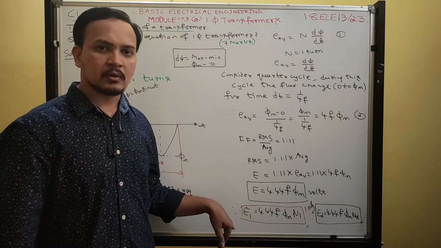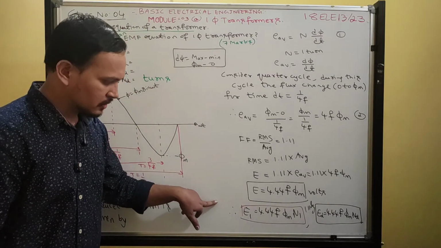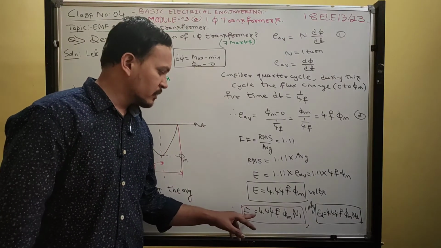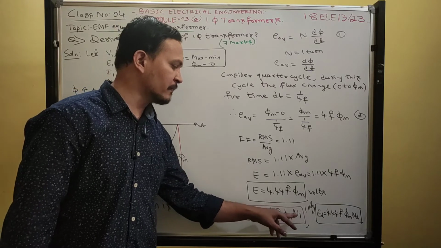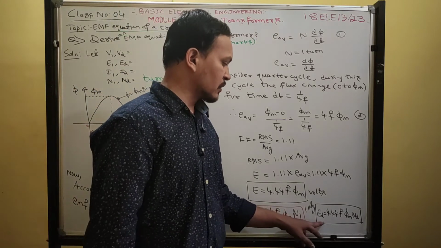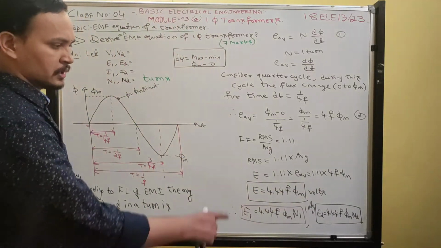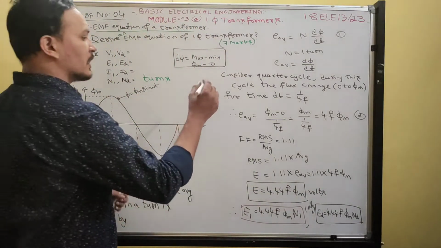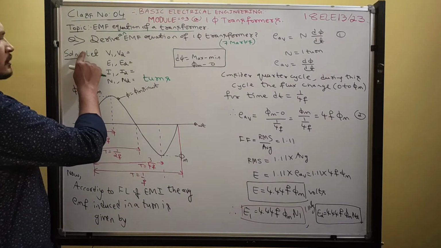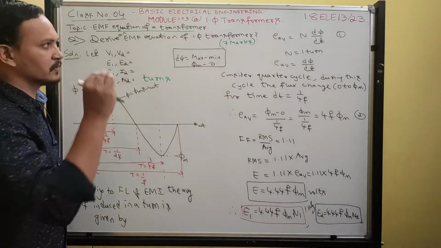Later, after this, you write one sentence here: for the primary winding, the EMF induced is given by E1 is equal to 4.44 f pi m N1. You just multiply primary turns. That's it. Similarly, E2 is equal to 4.44 f pi m N2 for the secondary winding, the EMF induced in secondary. So this is method 1. Method 1 means start from here and end here. Okay, derivation completed. You will get maximum 7 marks if they ask 7 marks.